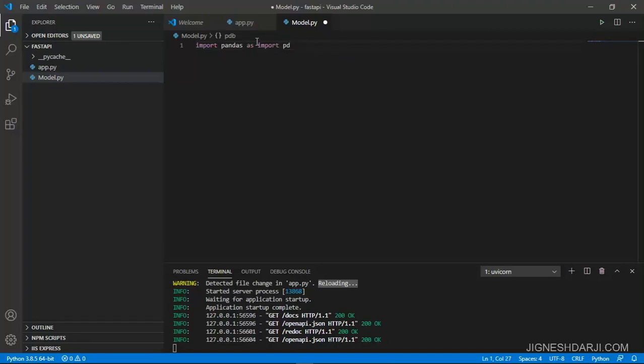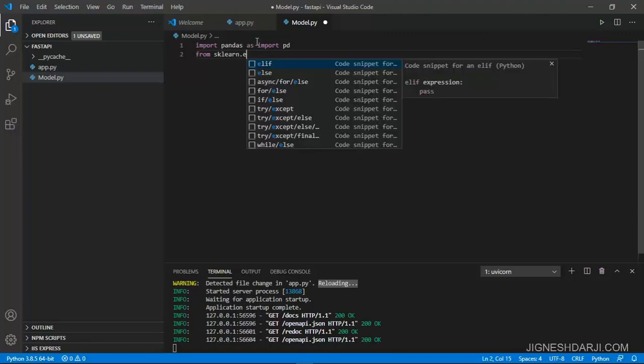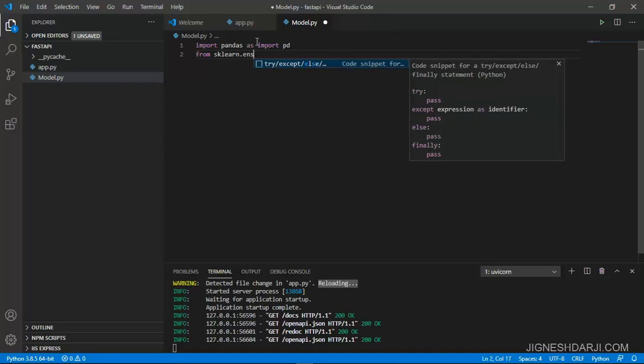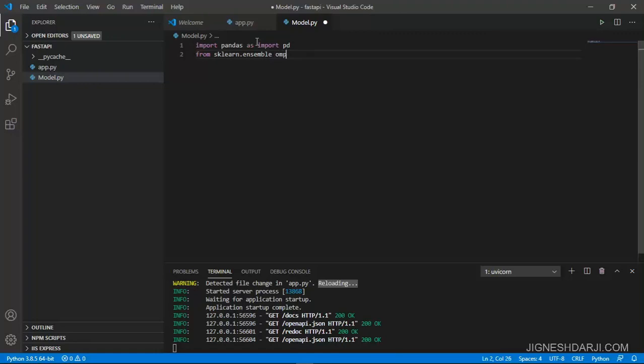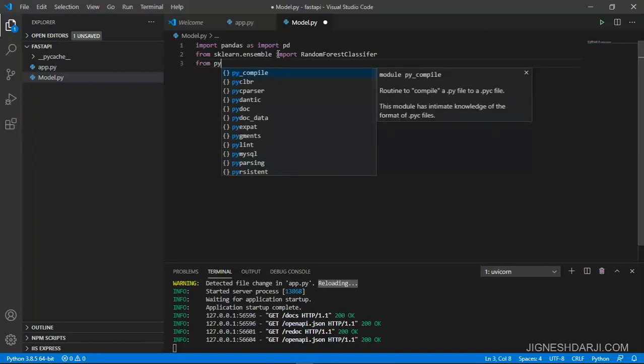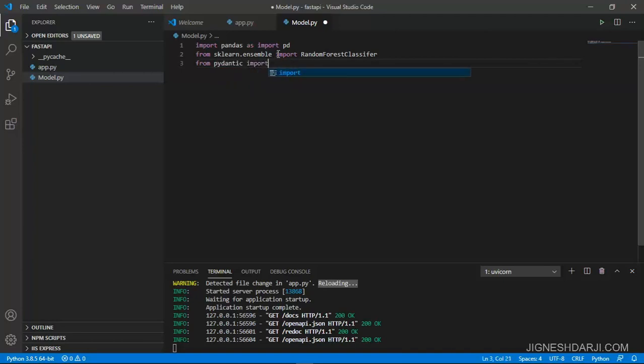So let's import pandas, then import sklearn, let's import pydantic as well, and then import the BaseModel, and also import joblib.